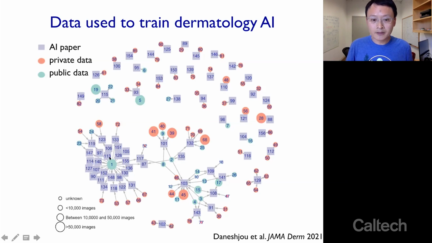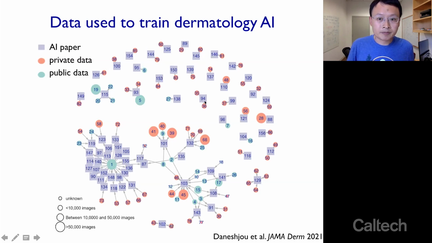Right, so first, you can notice that there are a few public benchmark data sets, like this large one here, where a large number of algorithms are all built and evaluated. On the other hand, about half of the algorithms, these ones on the top here, are all basically trained and evaluated mostly on relatively small and private data